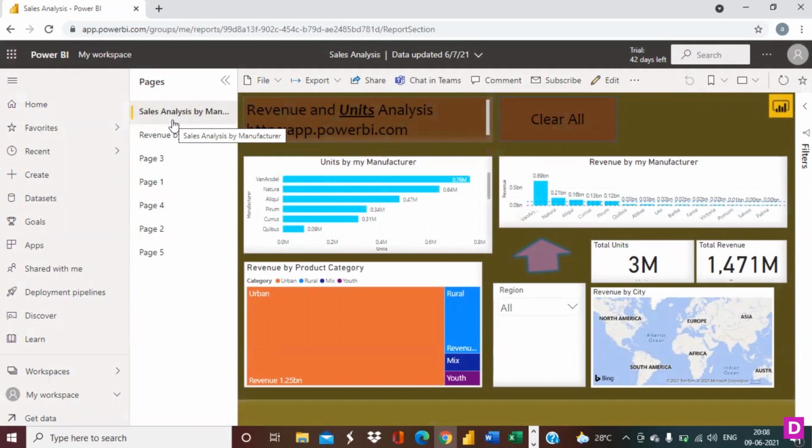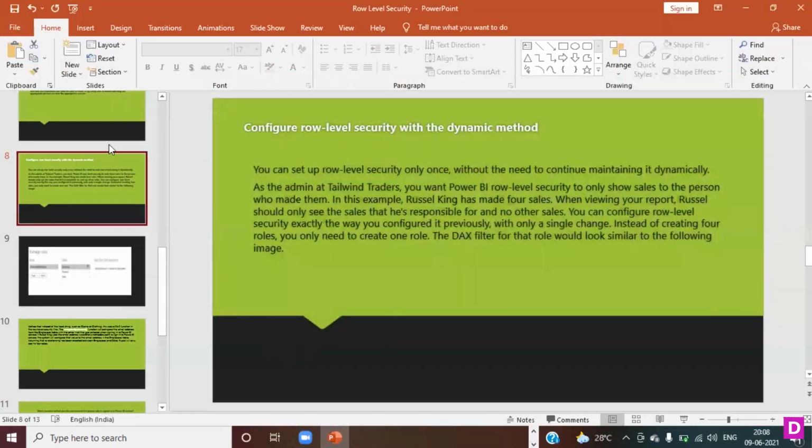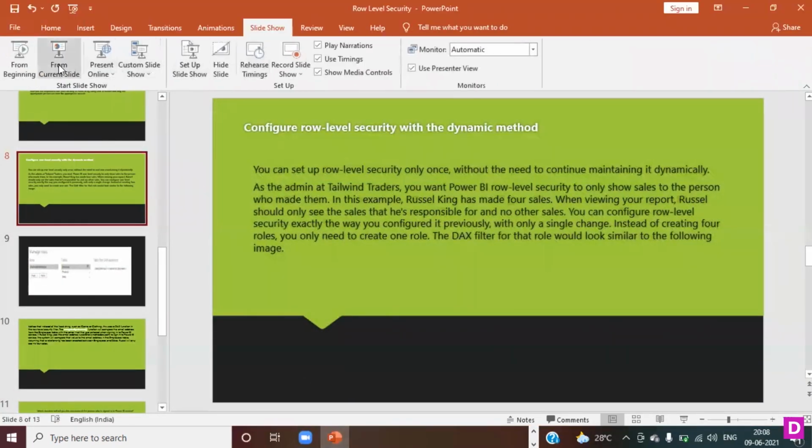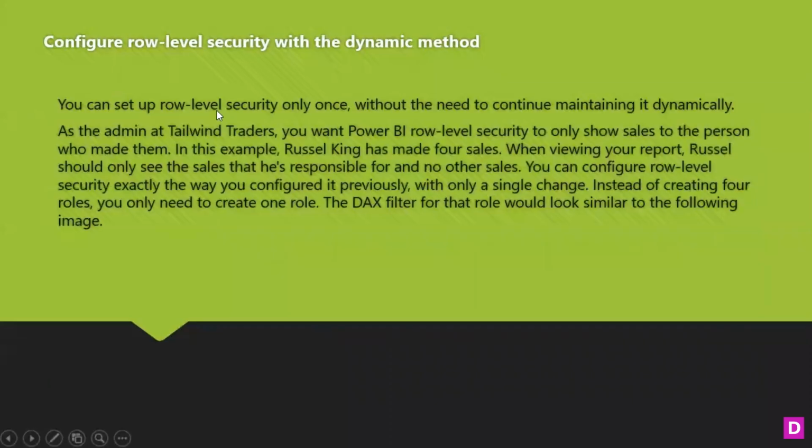The second one is the dynamic method, the row level security dynamic method. That is a little bit different when it comes to the administrator part, when the administrator is taking care of the security, and it will be applicable only in the Premium feature. So I'll not be able to demonstrate that for you here because I don't have a Premium license. But I'll show you how to do that in the presentation. Let's go there and understand what exactly is this row level security with the dynamic method. Okay, so